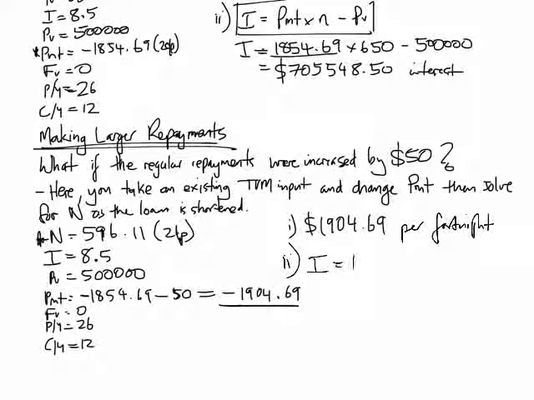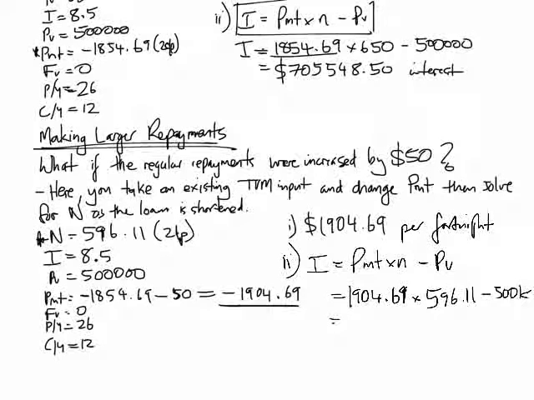And again, the interest charge is PMT times by N minus the PV. What are the payments this time? 1904.69 times by the lesser N. So this loan now is only going to last 596.11 fortnights minus